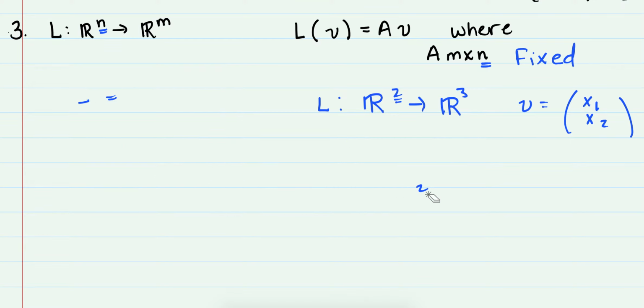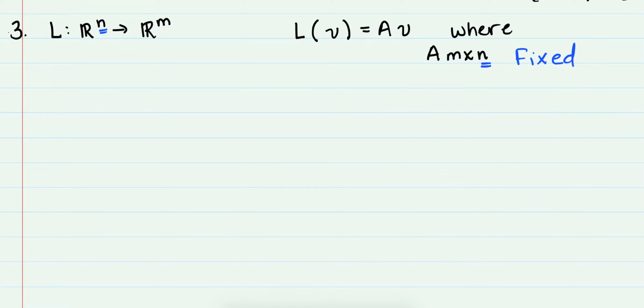So just erase all this really quickly. So let's check that it is in fact a linear transformation. I'm going to rewrite the condition here: L of v is equal to A times v. Well, we need to check that if we multiply a scalar by v and apply L, is this in fact